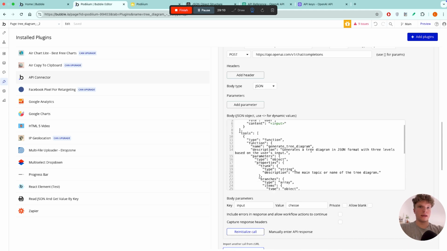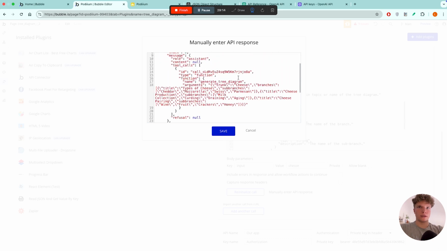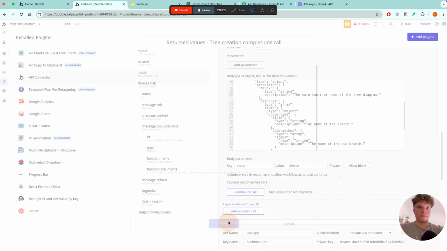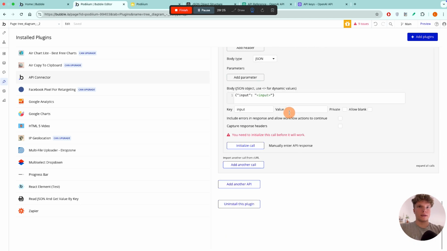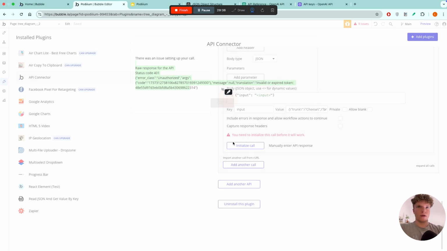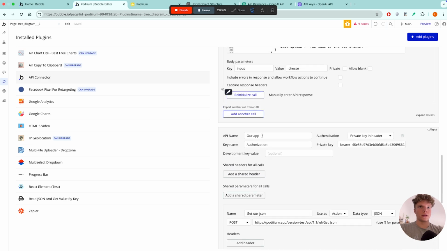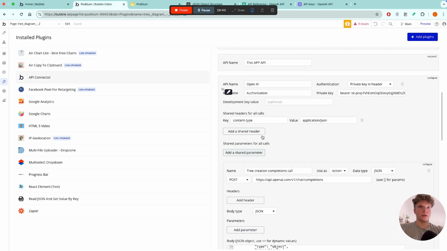So if we go into here again and manually enter the response, it's going to be able to give us that API call. So we don't have to keep wasting credits. So if we copy that, save it, and then paste it into our value here and initialize, we're getting an error code. Now that error code, I think, is because we've got an issue with the way I've set this up here. So if I double check,